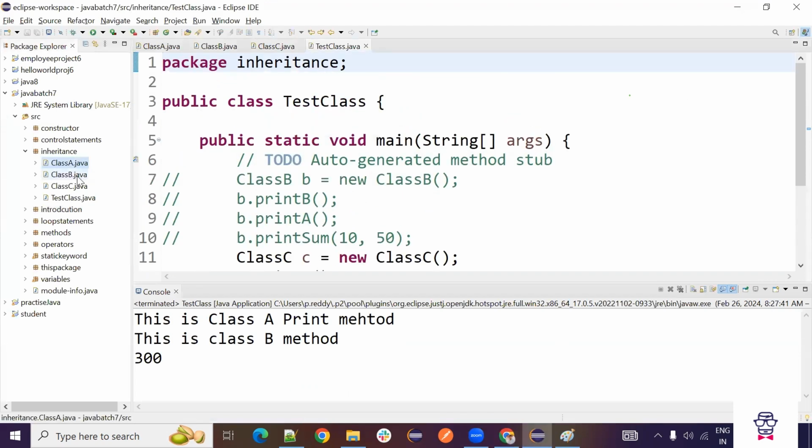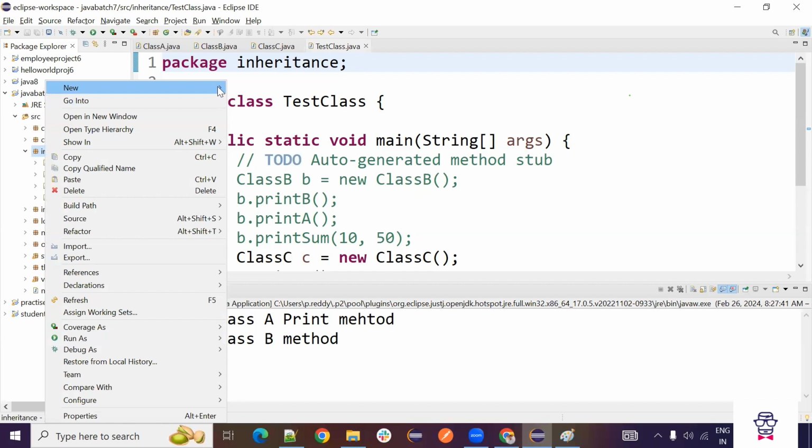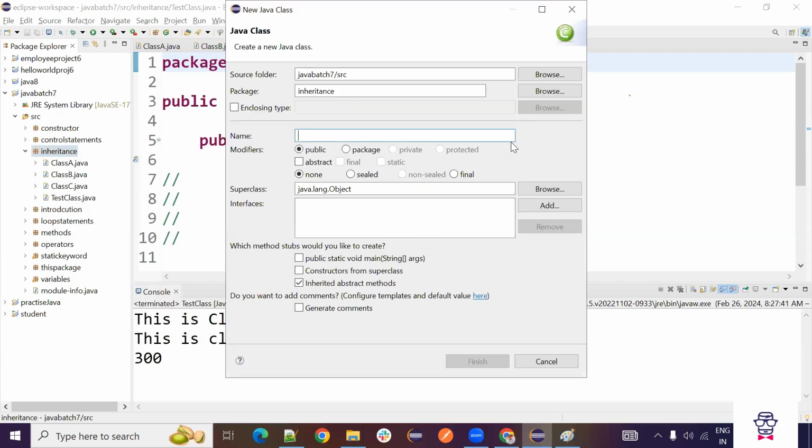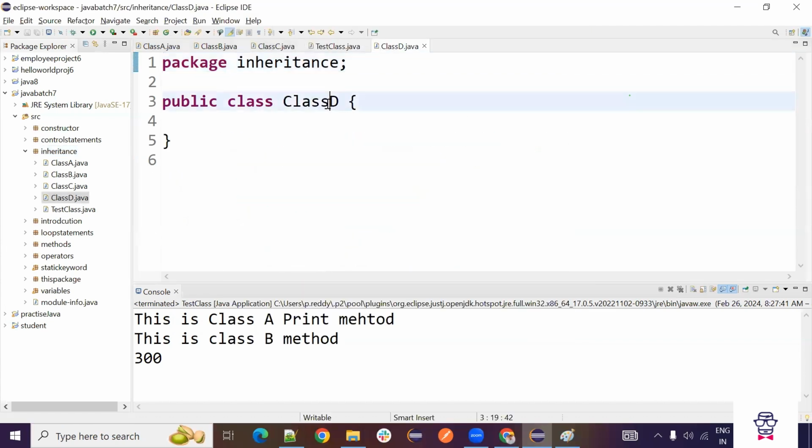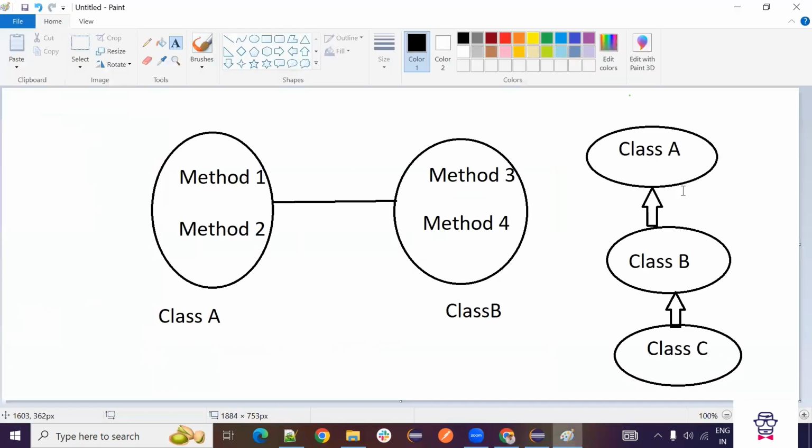So we will take one more scenario. We have class A, and class B is extending class A. We will create class D. Instead of what we did before, where class B extended from class A and class C extended from class B, which would be multi-level, not hierarchical, now instead of extending from class C, we extend from class A. So now what will happen?